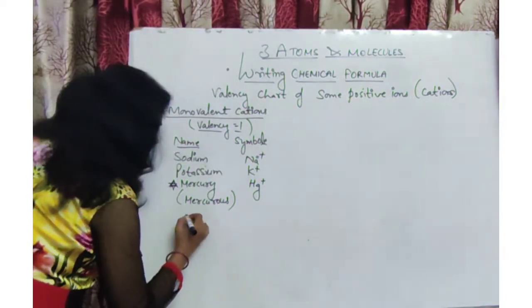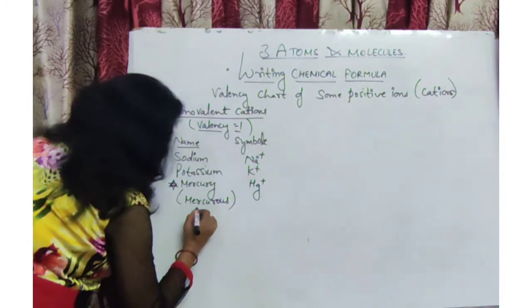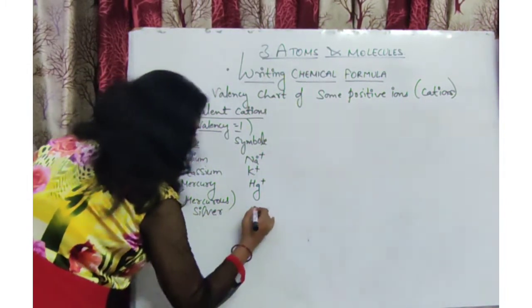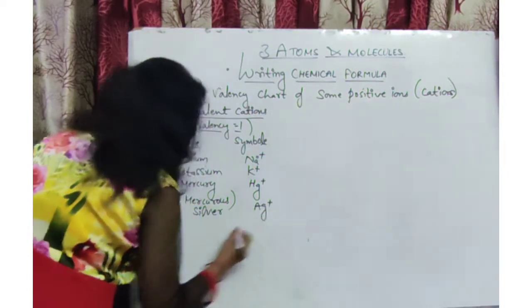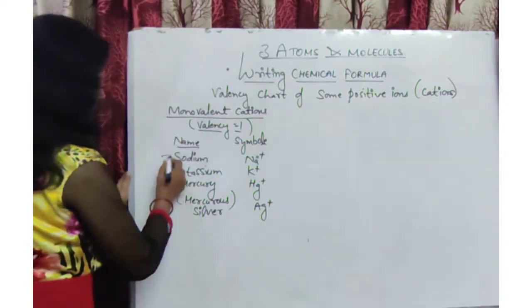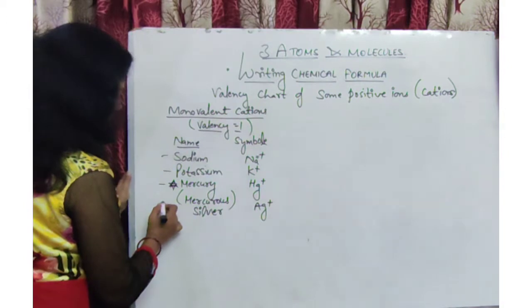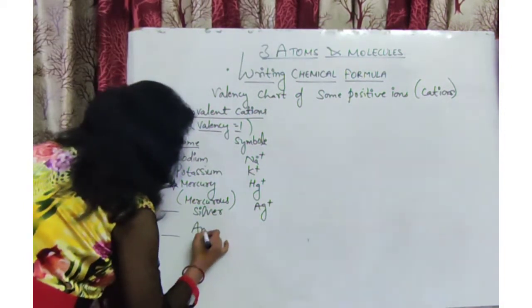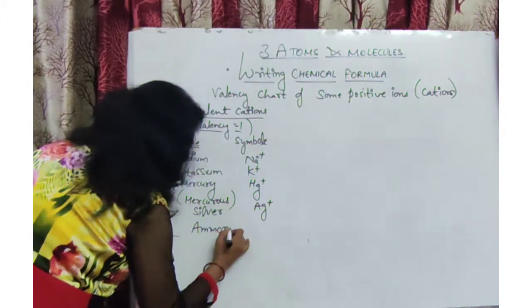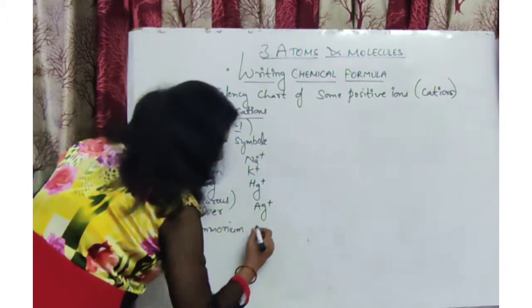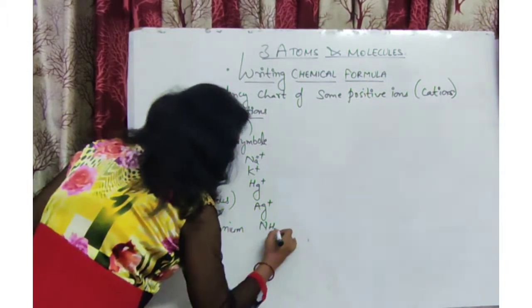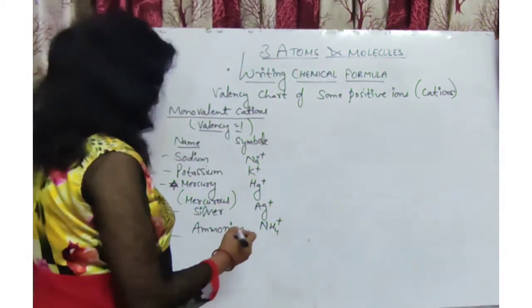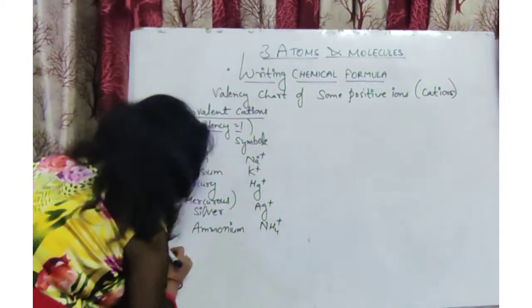Next is silver, that is Ag positive. Silver. After that, ammonium. Ammonium ion is also 1 valency, NH4 positive. Okay. Now next is